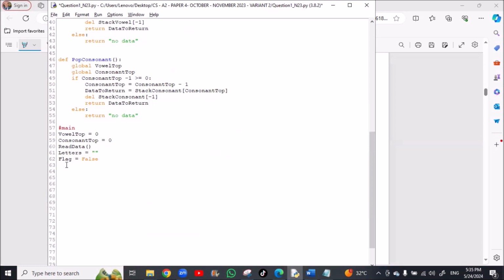Put the letters with an empty string at first. This is the variable in which we will collect or concatenate the letters, and the flag will be false. So we need to do this 5 times. So for x in range from 0 to 5,